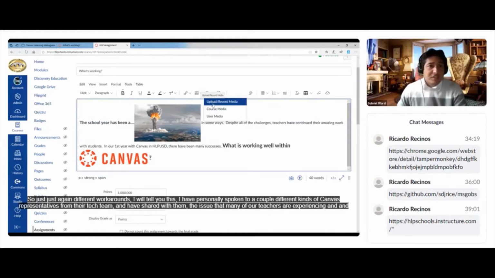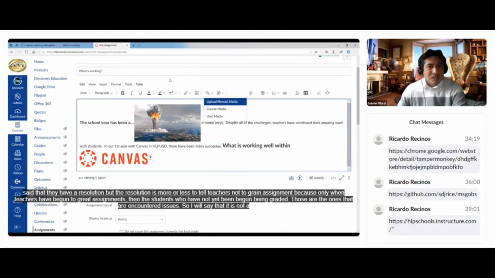So just again, different workarounds. I will tell you this, I have personally spoken to a couple of different Canvas representatives from their tech team and have shared with them the issue that many of our teachers are experiencing. And they said that they have a resolution, but the resolution is more or less to tell teachers not to grade an assignment,